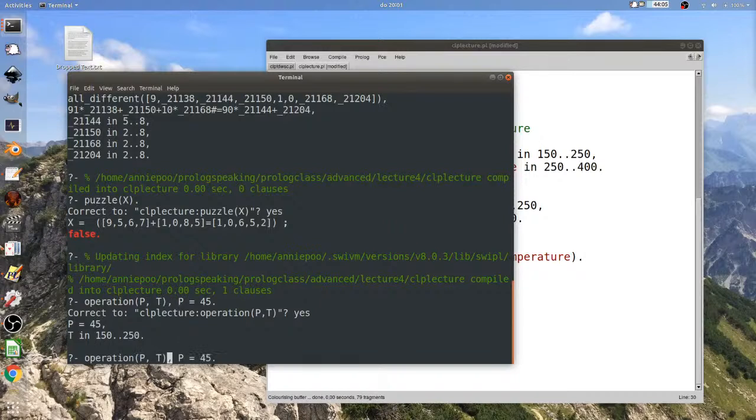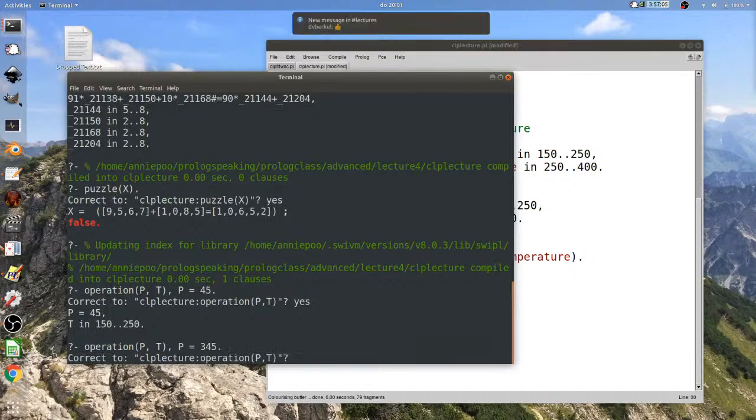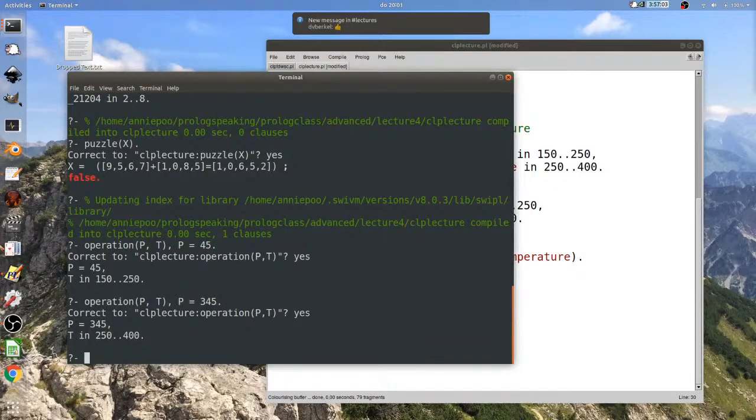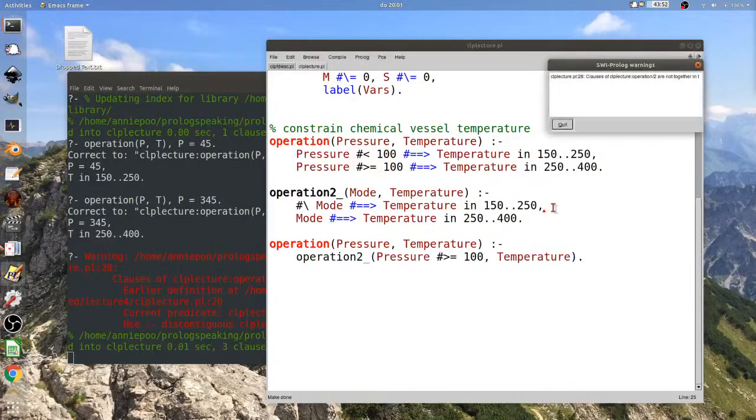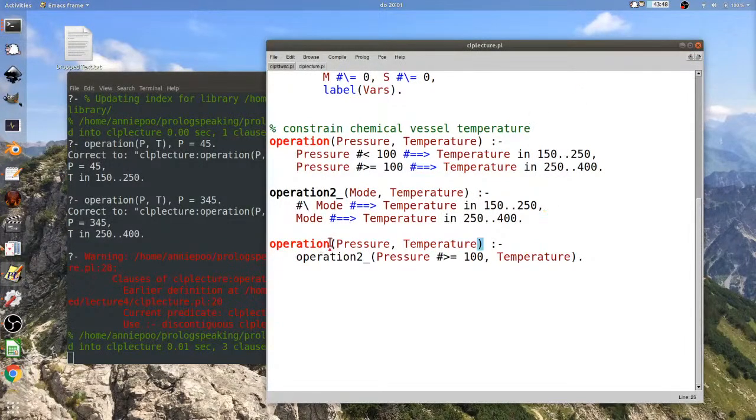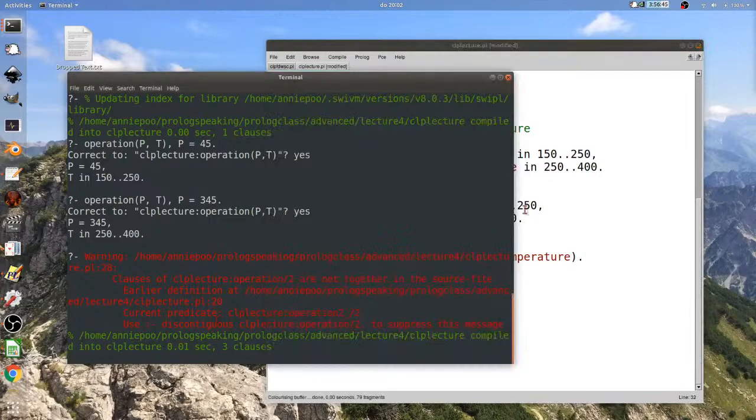Let's go back, set the pressure to something else, and it constrains it. Oh, I call that operation 2. Okay, and that was operation. And now let's find out if operation 2 works.